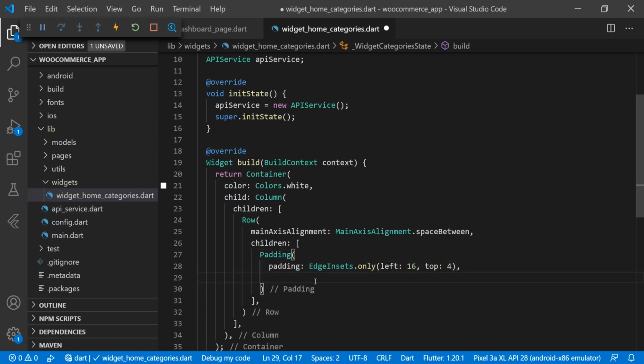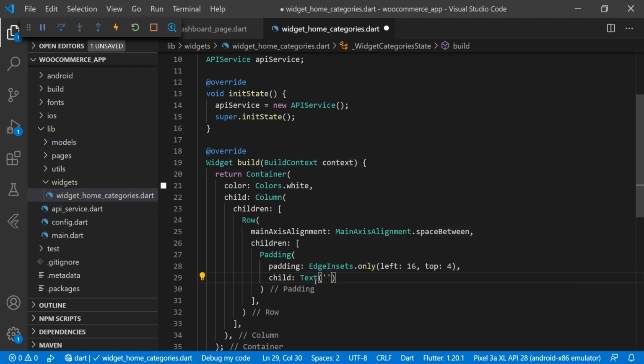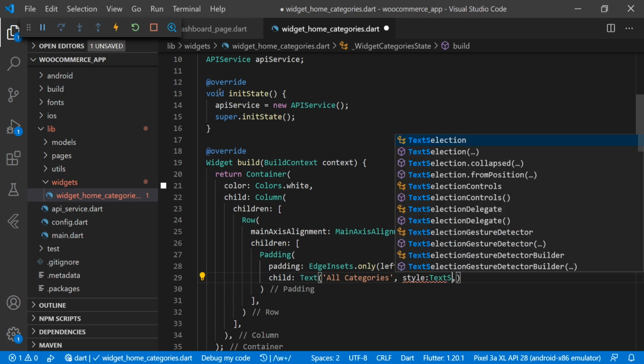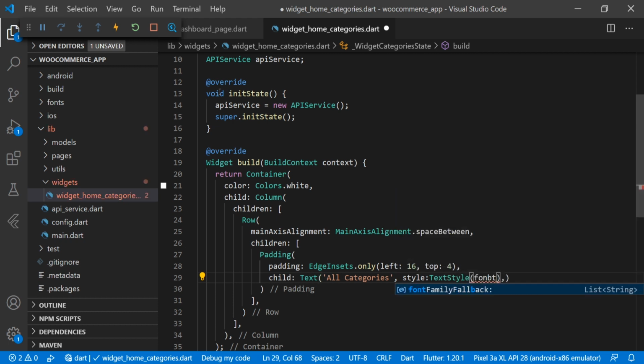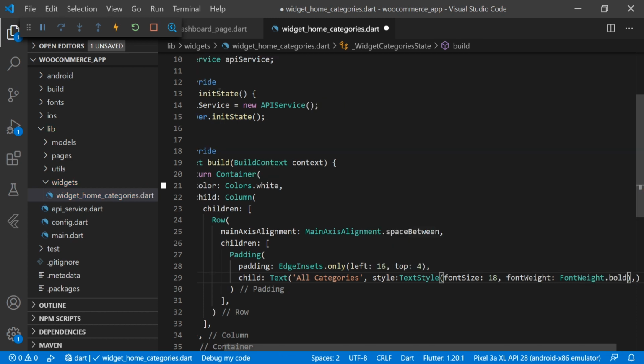And in the child we are using text, and here we are passing the text name, that is all categories. For the style we are using text style, and font size 18. And then we are using font weight dot bold.